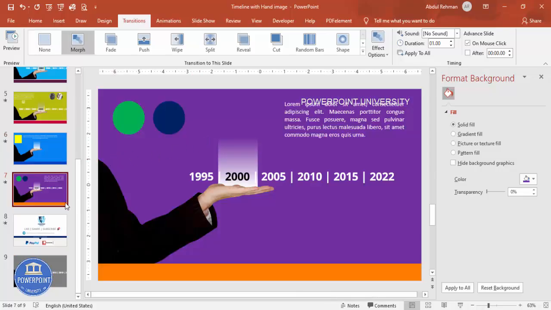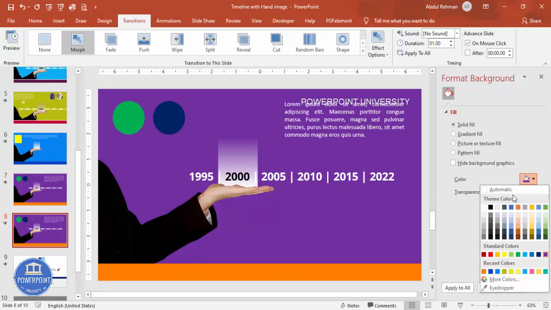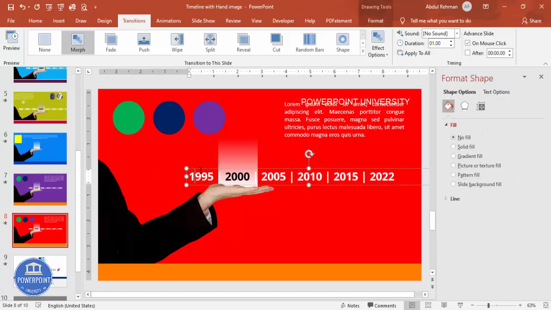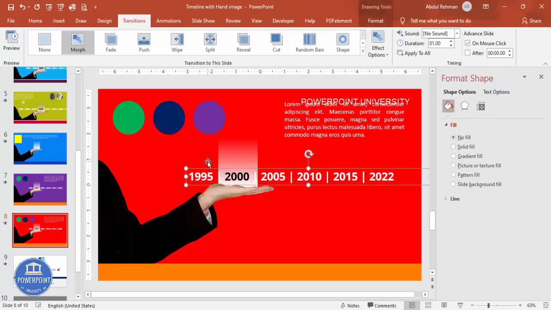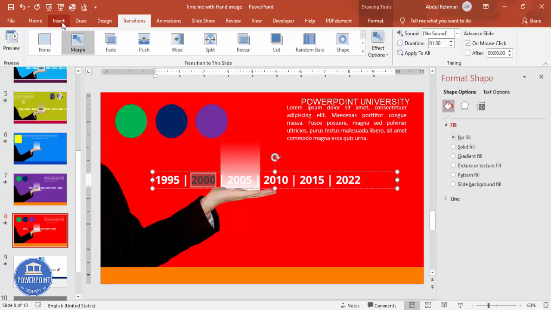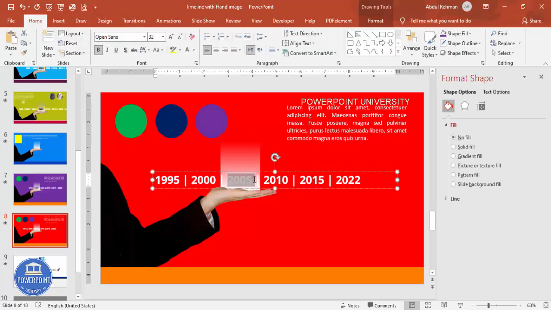The same thing, you need to just do it again, duplicate the slide again, depending on your requirement. I'm going to change the color to some other color, maybe red color, you can see here. And then what I'm going to do is I'm going to move this to the year 2005. All right, and this one white I'm going to make it, and this one I'm going to make it black.